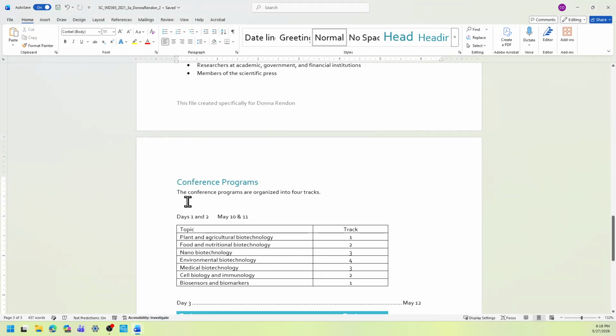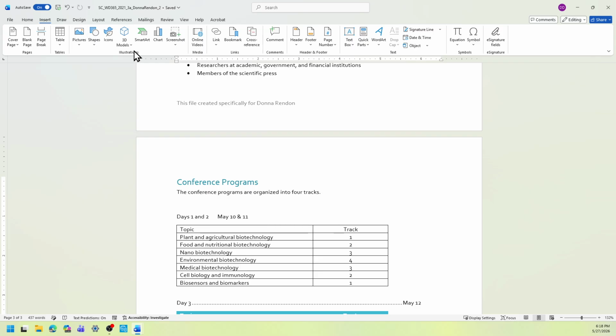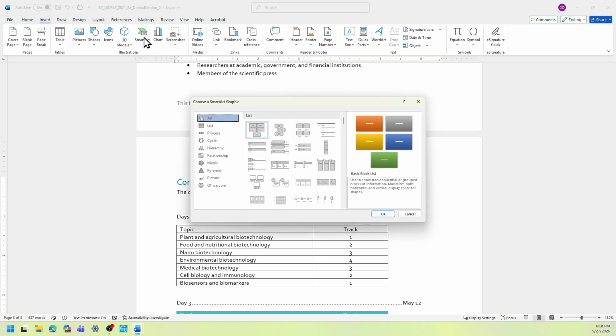So we're going to place our cursor just below that paragraph. The conference programs are organized into four tracks. And then you're going to select the Insert tab. And we need the Smart Art graphics. Click that. And then we're looking for the matrix.